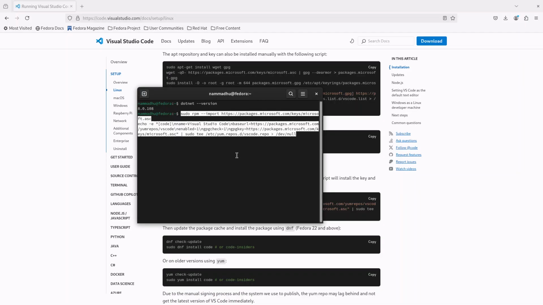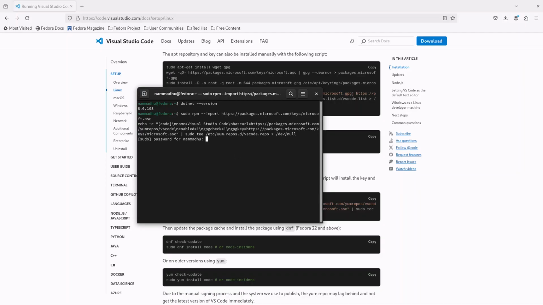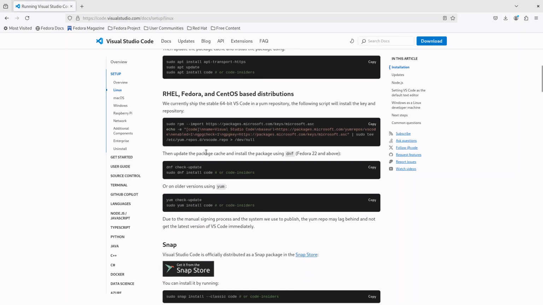Quickly I'll do this. I have to enter my password. Make sure you're entering the root password. If you are a server admin or something, you should have the rights. Okay, first step is this, and then